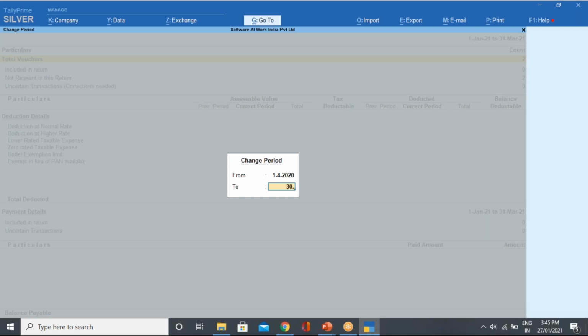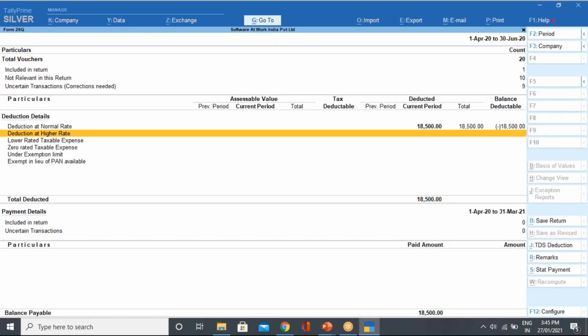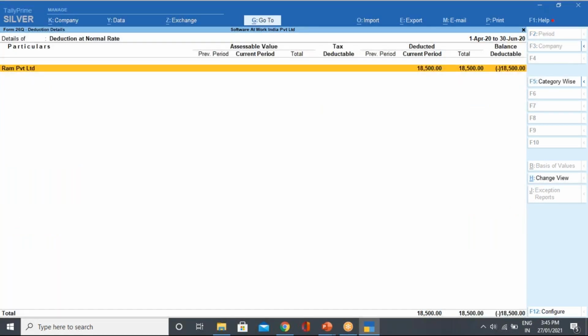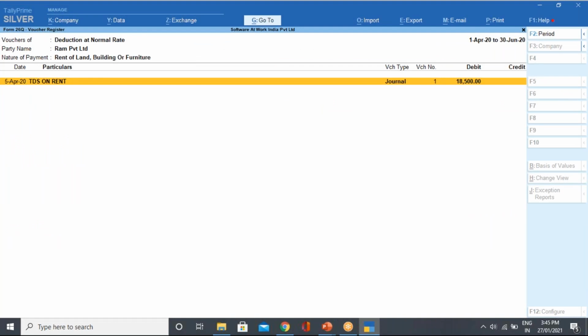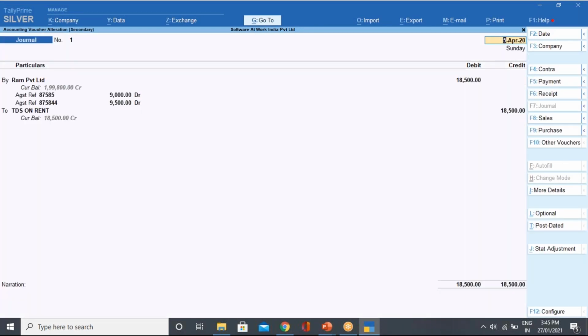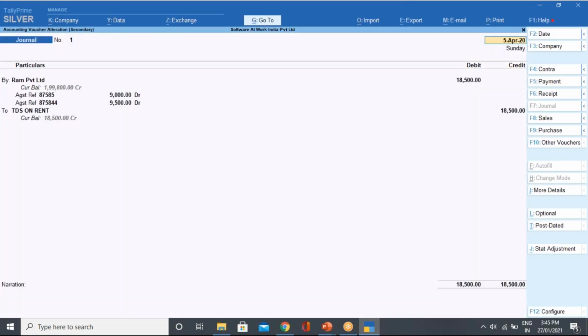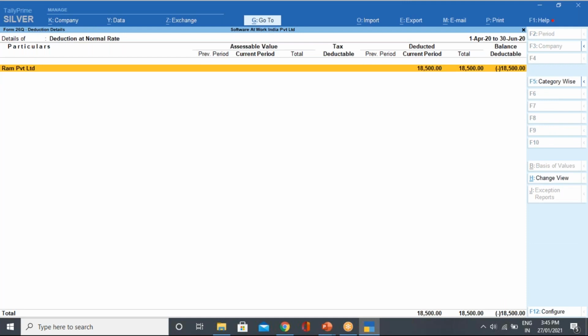30th June. Okay, you can see everything has been mentioned. Okay, RAM Private Limited, and the entry is here. So just accept the entry and you can see everything is here.